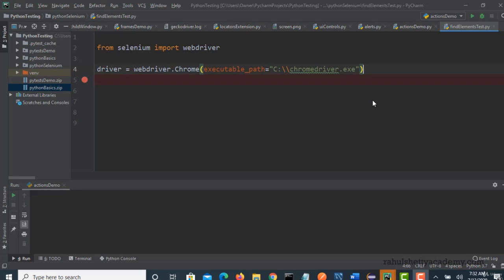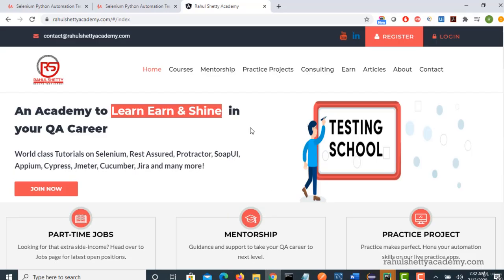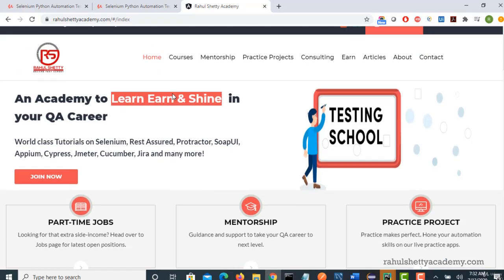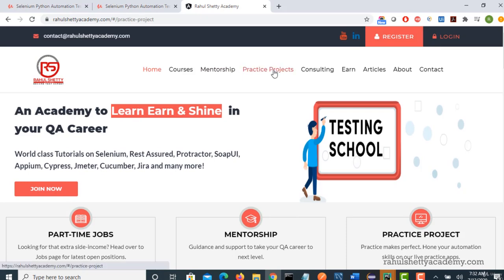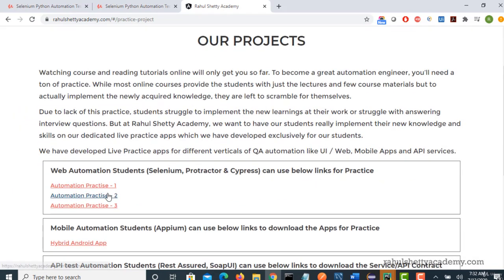Welcome back. So in this lecture, let us see how to handle auto-suggestive dropdowns. In the last lecture, we have seen handling static dropdowns using the Select class. So we will now see what auto-suggestive dropdowns are. For that, I will go to one of my practice projects again,